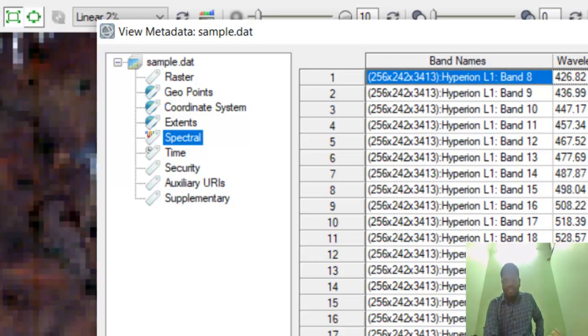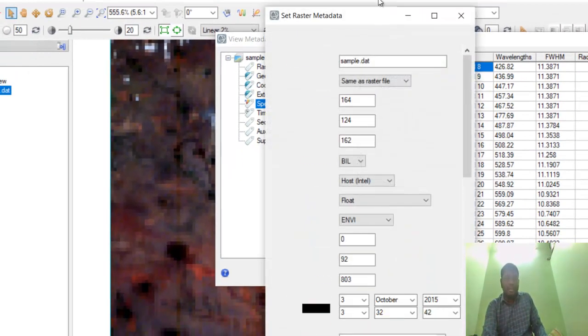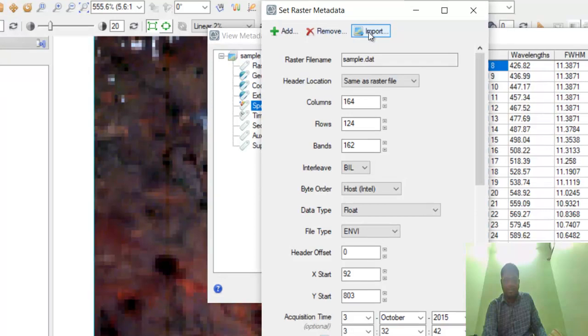So please cross-check whether both values, FWHM and irradiance file, are there or not. If any data is missing, at that time only you can edit the metadata information. Here the option is the import option.